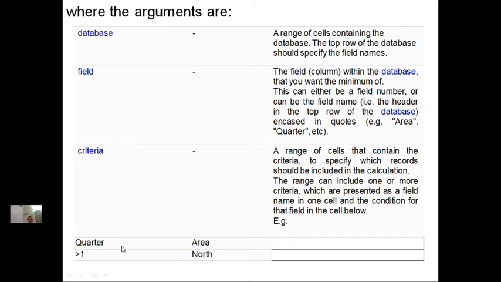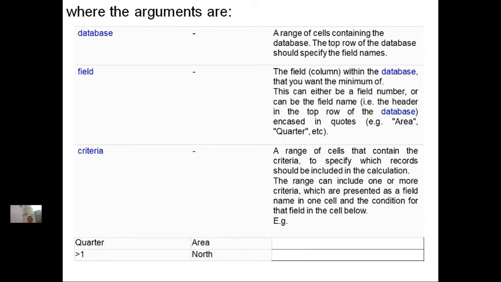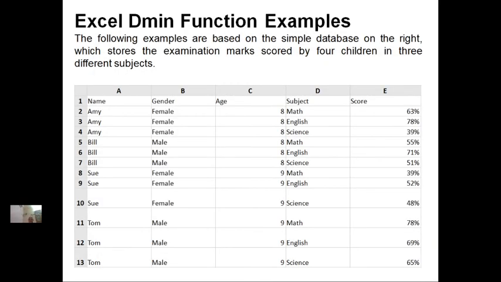Next, quarter greater than 1, area north. Now let us go to the next slide, where he is taking an example of students: the examination marks scored by 4 children in 3 different subjects. He is taking this example to explain the DMIN function.